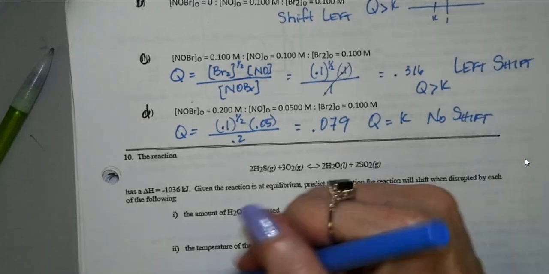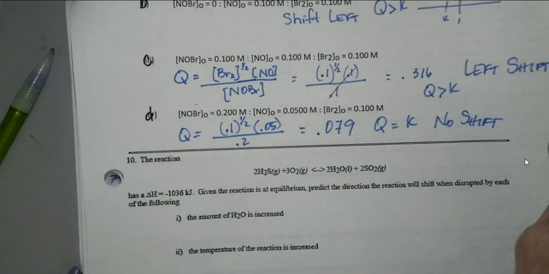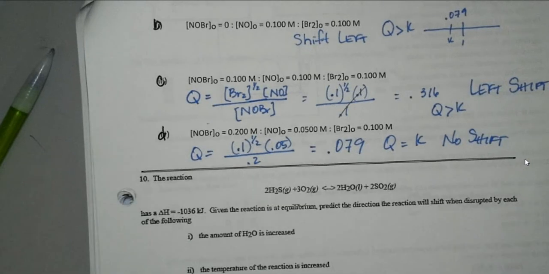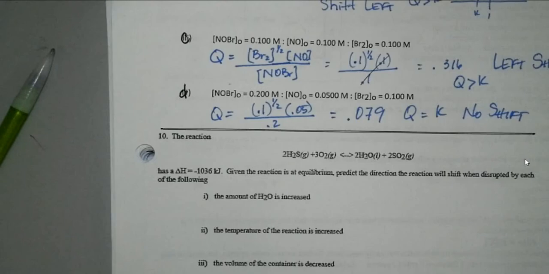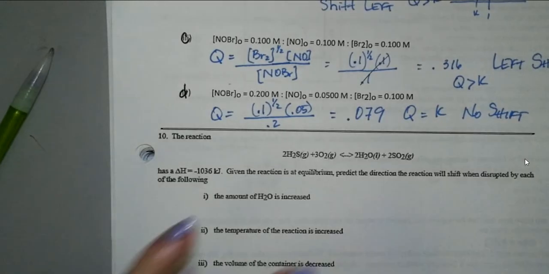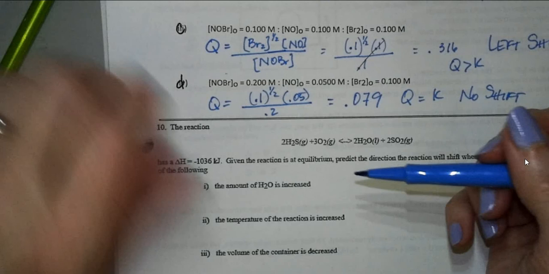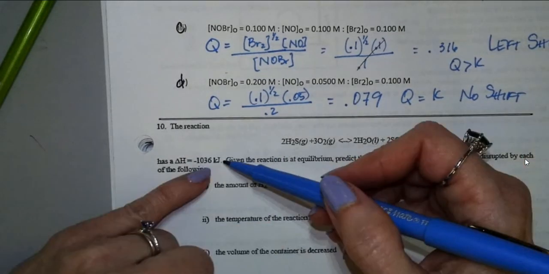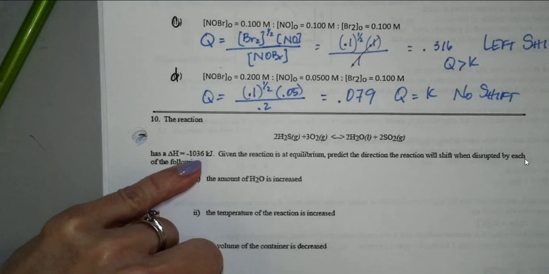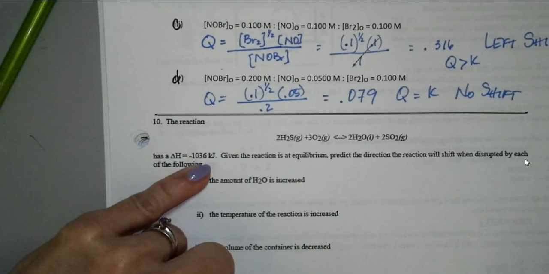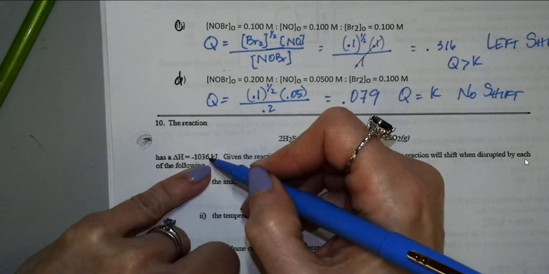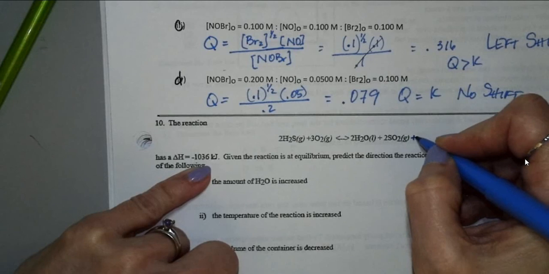They're talking about delta H, but they're talking about increasing or decreasing the temperature. So in this particular reaction, delta H is negative 1036. Is the heat a reactant or a product? Okay, if it's negative delta H, it means it's exothermic, right? So I could actually incorporate the 1036 kilojoules on the product side, yes? Okay, given the reaction is at equilibrium, predict the direction the reaction will shift when it's disrupted by each of the following. So, if we increase H2O, if we increase the water,